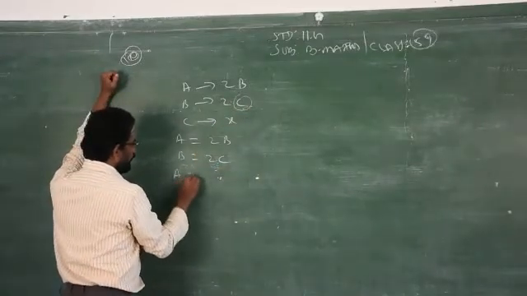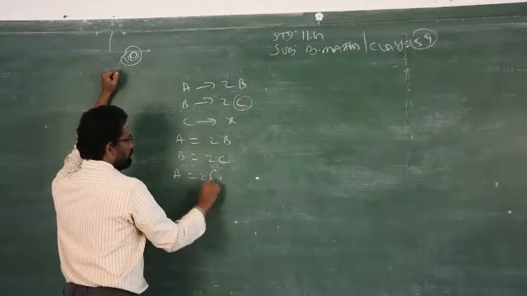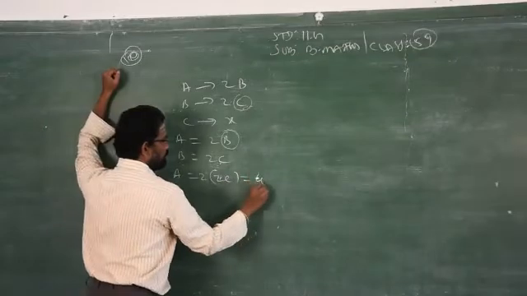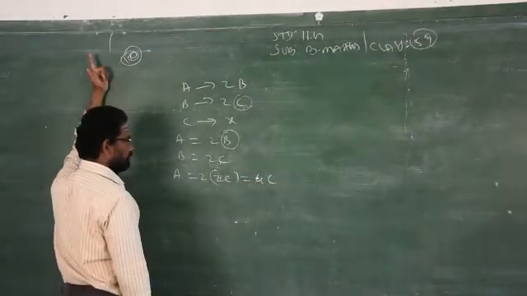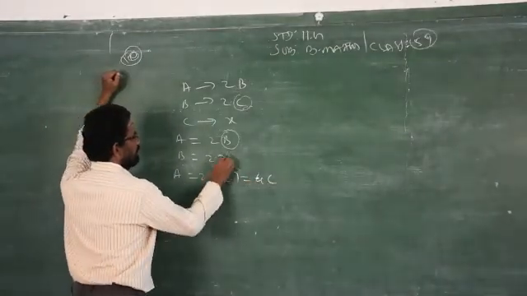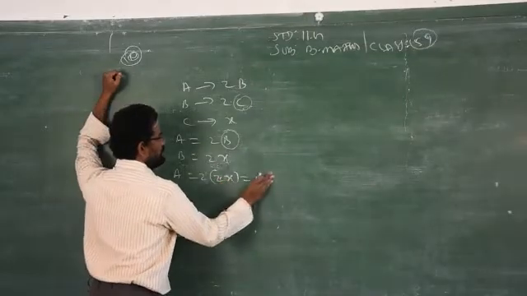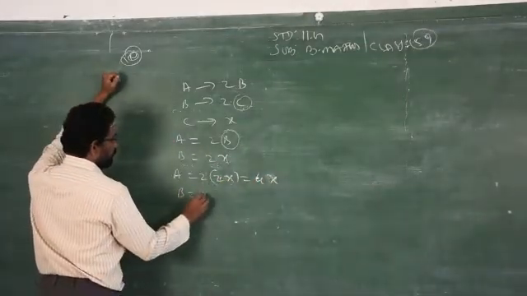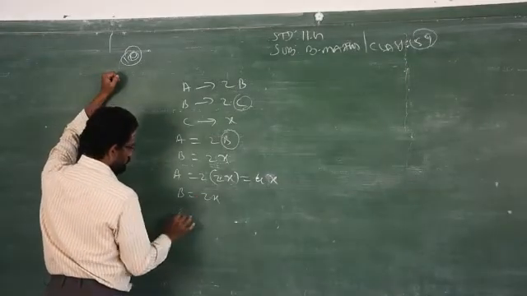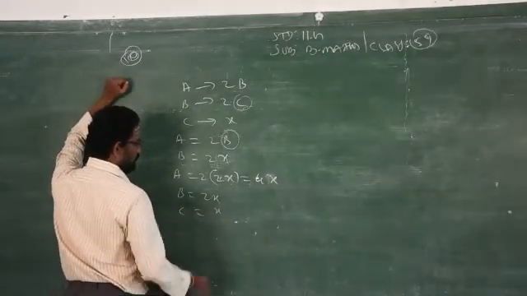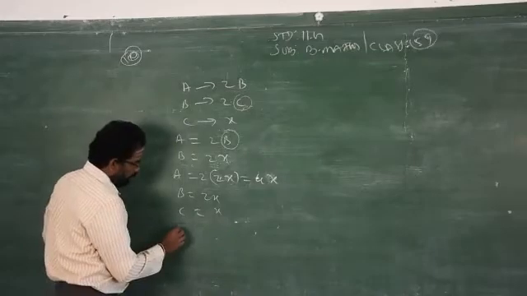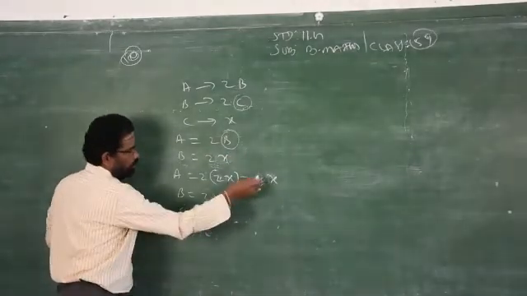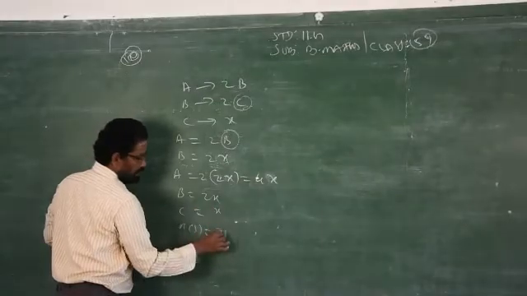Now you have to find A. A is equal to 2 times B. In the place of B you have to write 2C, which will give you 4C, that is 4X, since we consider C as X. So A is equal to 4X, B is equal to 2X, C is equal to X. Now what is the total probability? That is n(S), the sum of all: 4 plus 2 is 6, plus 1 is 7, so 7x.